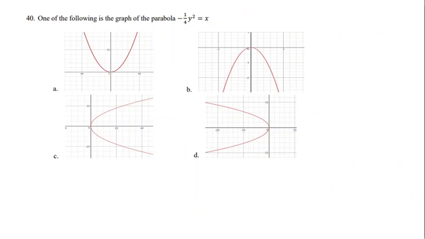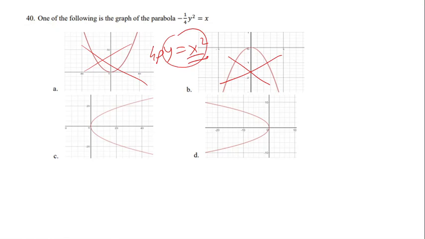Which of the following is the graph of the parabola negative 1 over 4 y squared equal to x? It is definitely not this one or this one, because these are y equal to x squared type, and we have x equal to y squared type, so they cannot be those two. When we look here, it has to be this one or this one. Now when you look at here, the